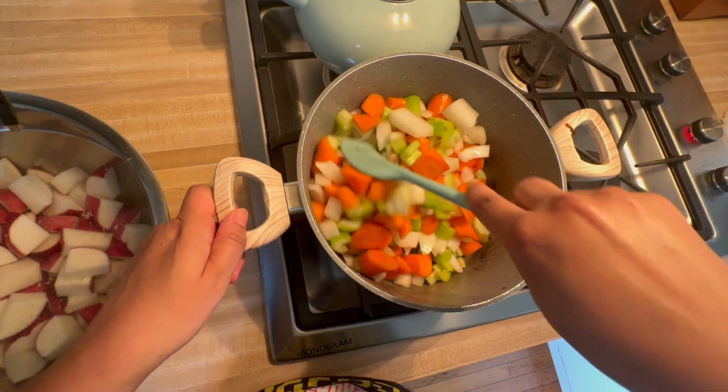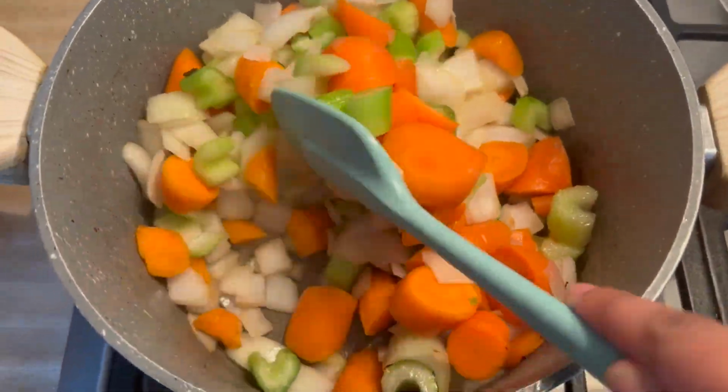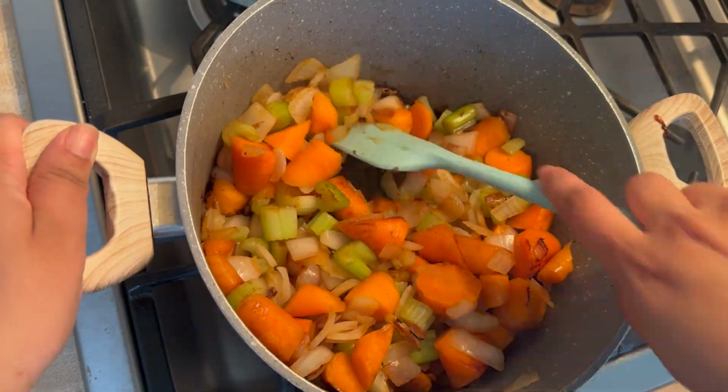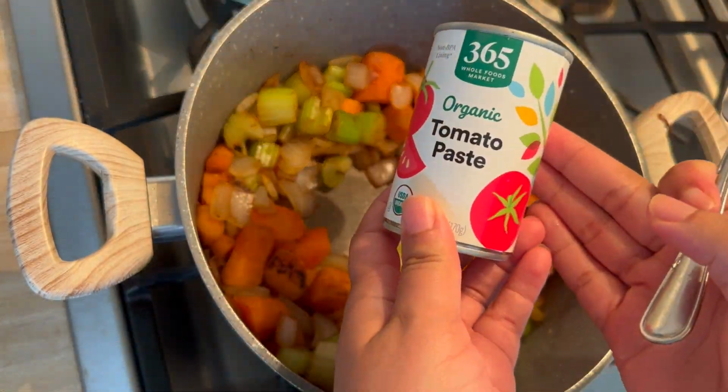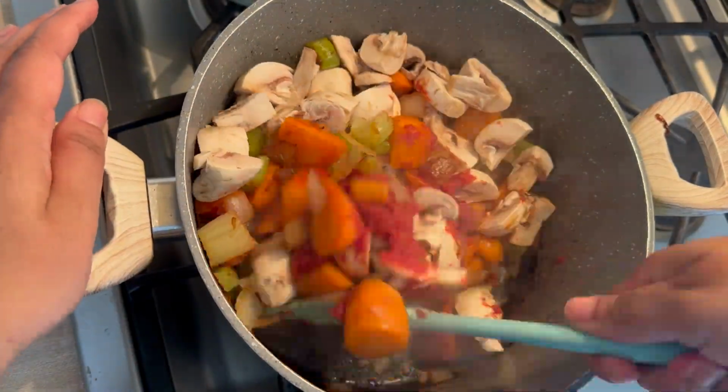Your carrots, of course, are not going to cook through, but you want to at least cook down your onions and your celery a little bit, just so that they can really release those flavors into your stew. So as you can see, everything's nice and brown. I made a little well in the middle, and I'm going to just toast my